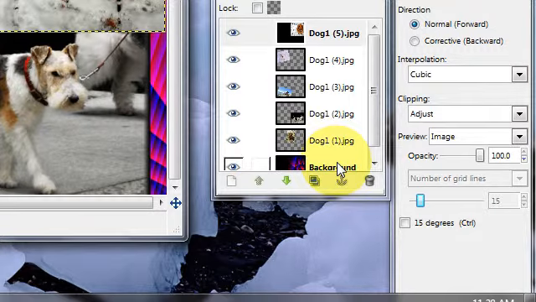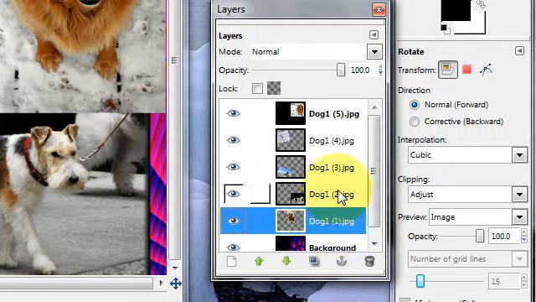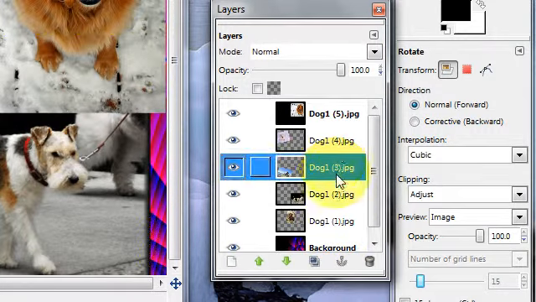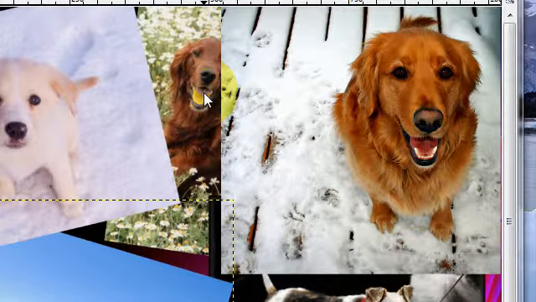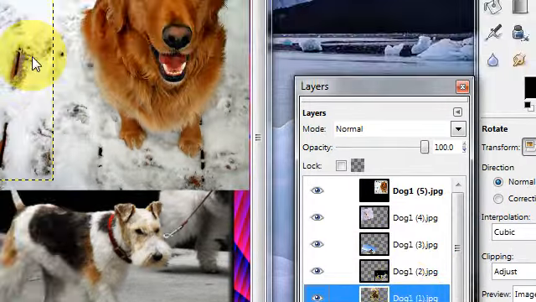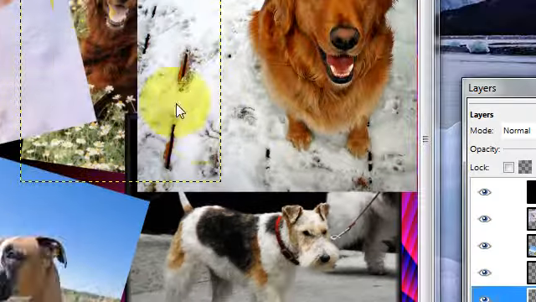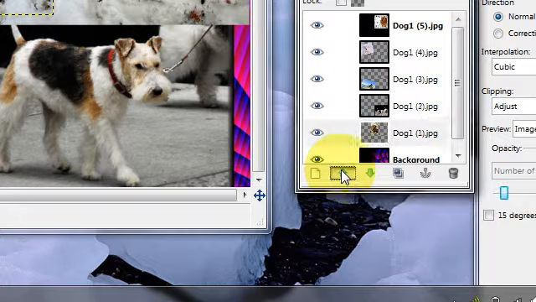We have the background on the very bottom, and then the 5 dogs that we've brought in, in the order that we've brought them in. So this would have been the first one we imported, the second one, the third, the fourth, and so on. So one thing I want to do is bring this to the front a little. This is the chocolate lab or golden retriever looking dog in the back. So we want to find that, and that's actually the first one that we brought in. So you see that it's outlined here, and we have it clicked. We want to move it up in the layers